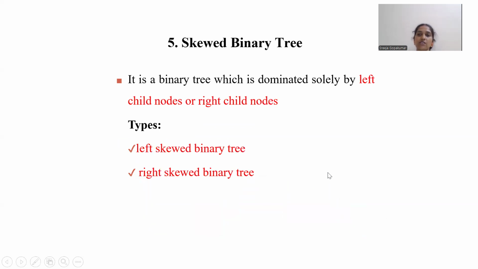The next type of tree is the skewed binary tree. A skewed binary tree is the same as a pathological tree, with two different types actually. One is the left skewed binary tree, the other one is the right skewed binary tree, which means that each and every parent can have only one node. If it is a left skewed binary tree, only left side nodes are possible. For each and every parent, only the left child will be possible. When coming to the right skewed binary tree, each and every parent will have only the right child.